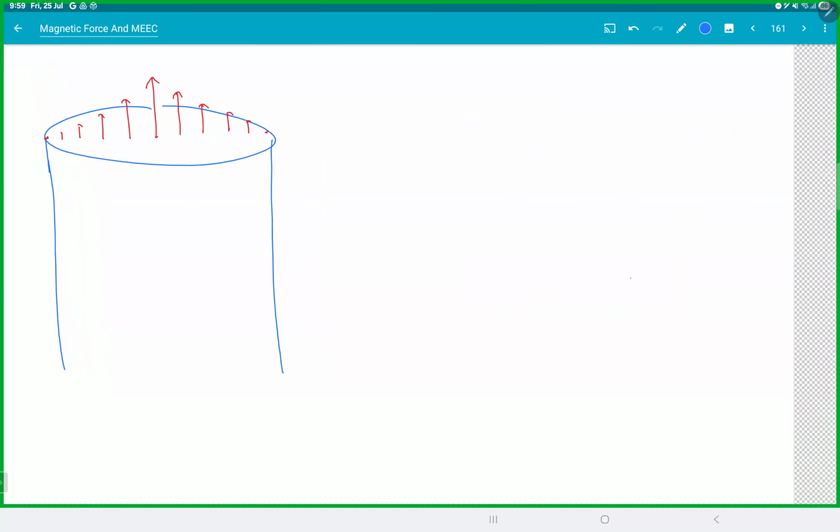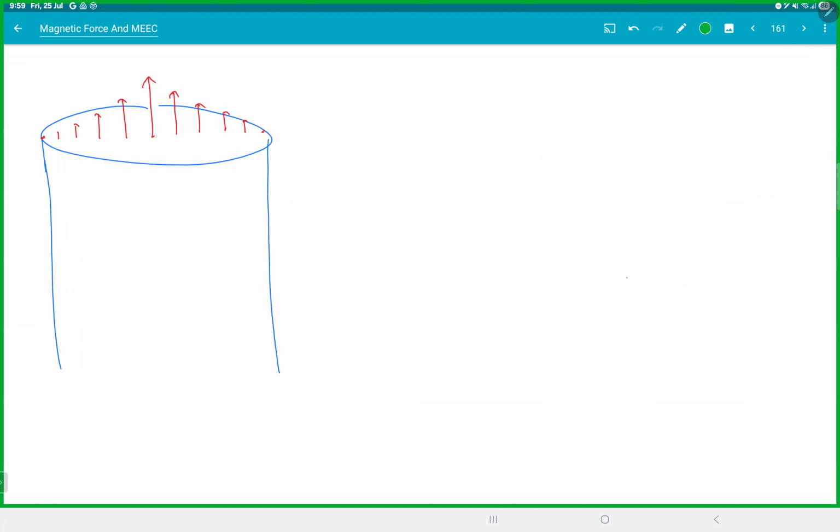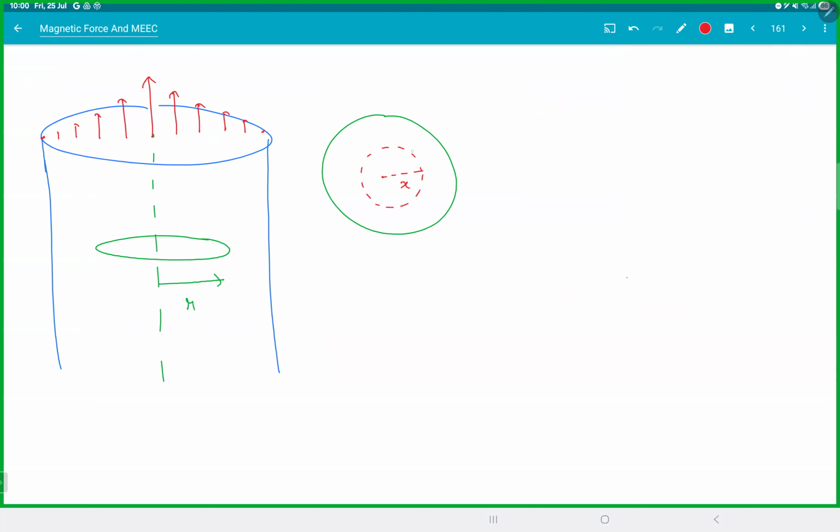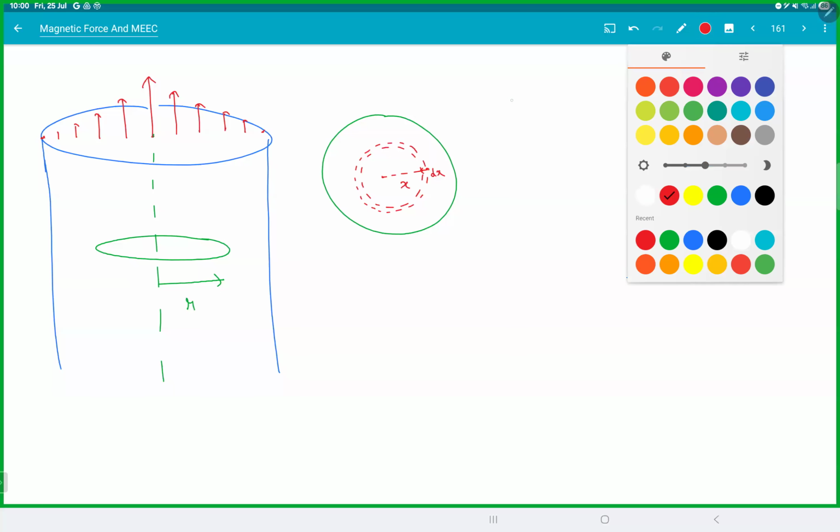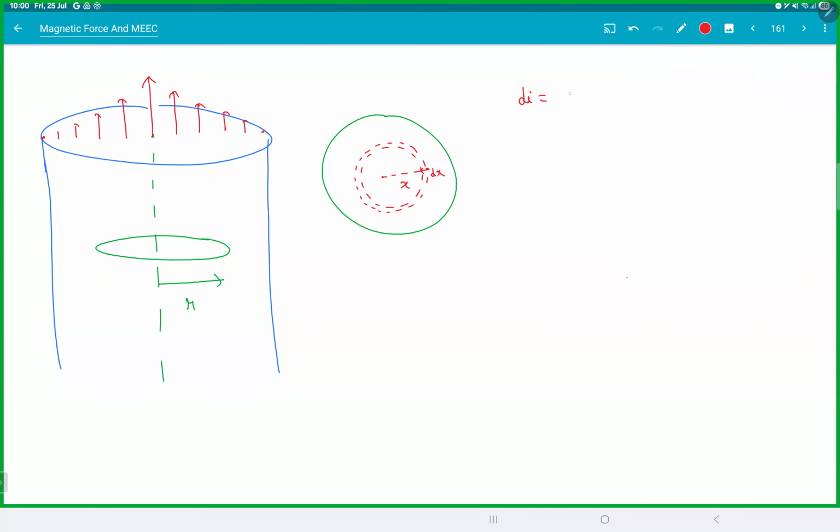First of all, before jumping into Ampere's law, you need to figure out something. If you take a radius r, the current itself is changing here. So at a distance x, take a thin ring. You need to first get the current within this small r. So the current here, dI, will be J into 2 pi x dx. So this is I, the current up to r,